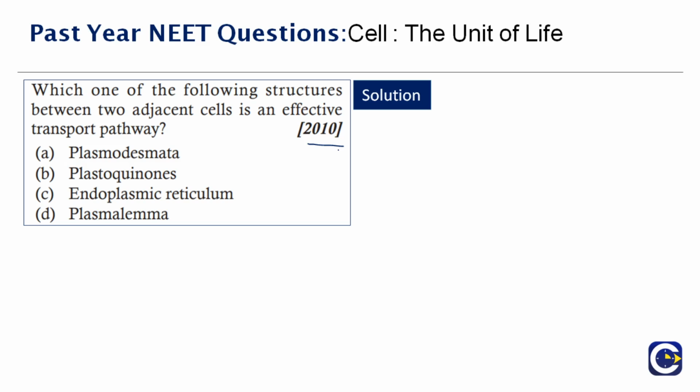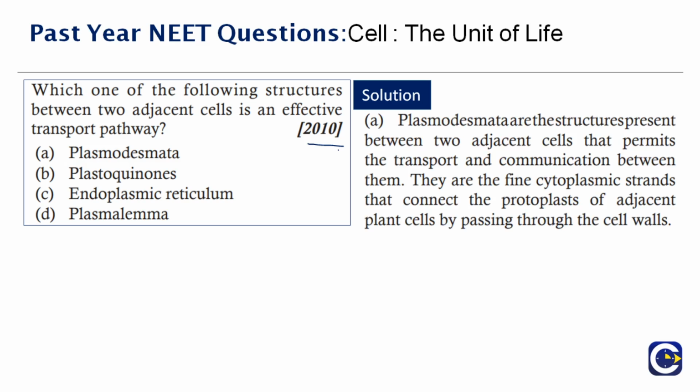We have two different pathways. One is active and the other is passive. So here they are asking us which structure between two adjacent cells is an effective transport pathway. We are given four options here: plasmalemma, plastoquinones, plasmodesmata, then endoplasmic reticulum. Of course it is not endoplasmic reticulum. The correct answer is option A,